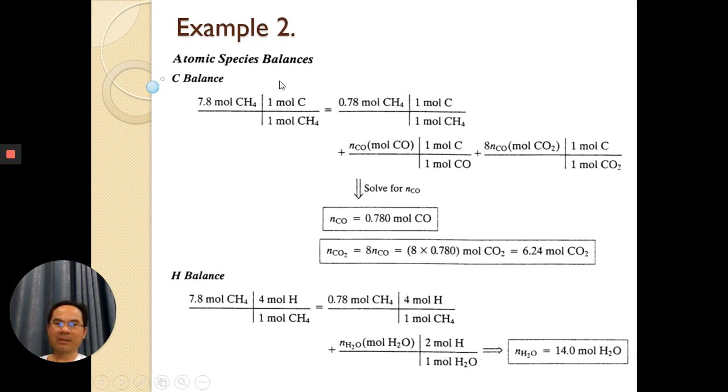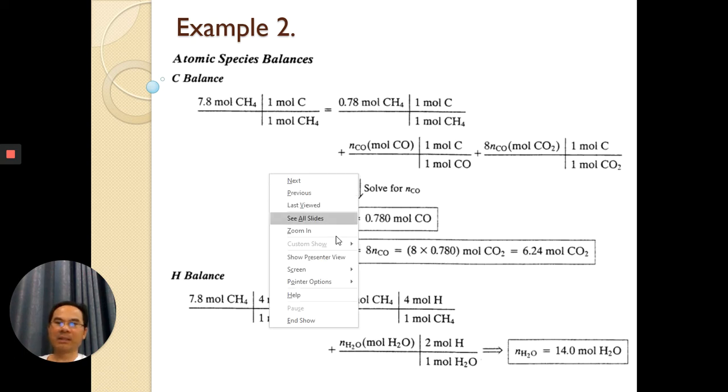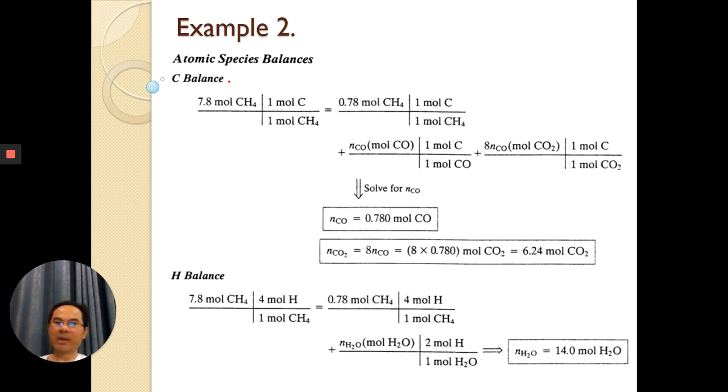Okay. Carbon balance, right? One mole methane includes 1 mole carbon. You feed 7.8 mole methane. Mole methane cancels, you get this mole of carbon input. This equals mole carbon output: carbon output in methane plus carbon output in CO plus carbon output in CO2. Carbon output in methane: 1 mole methane includes 1 mole carbon, and the methane output is 0.78 mole methane. This is also mole carbon. That's right. Plus